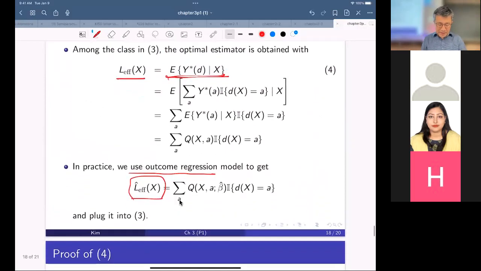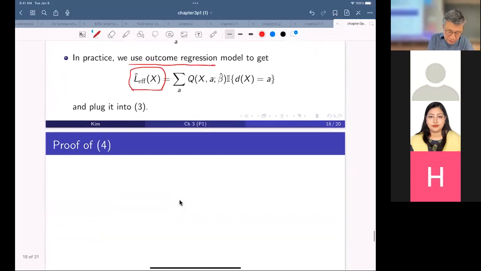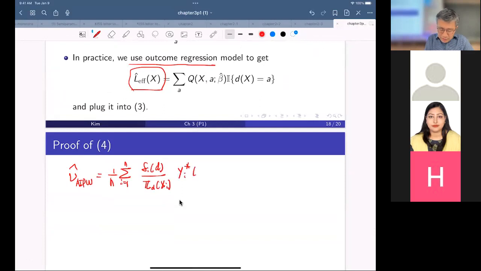I kind of explained it, but since we have time, let me go through it. AIPW can be written as: delta_i over pi_d(X_i) times Y_i star(d)... Let's do it one by one. Y_i minus